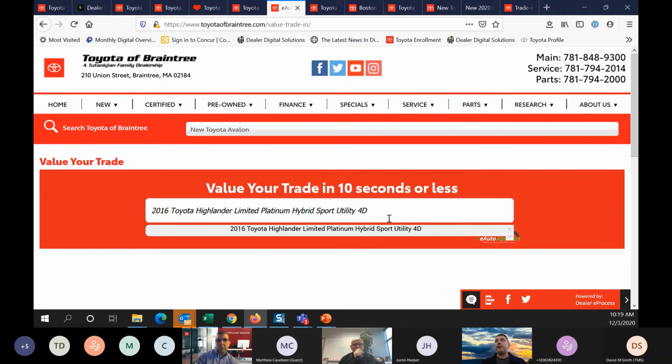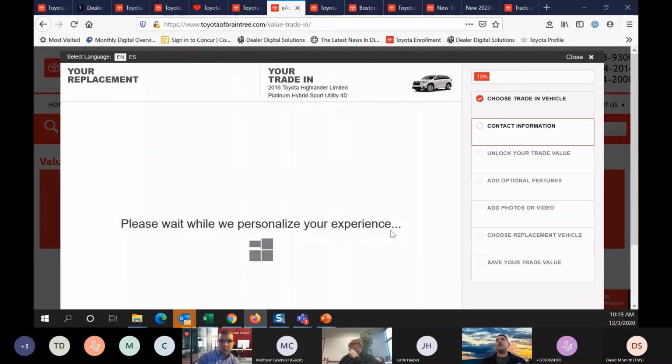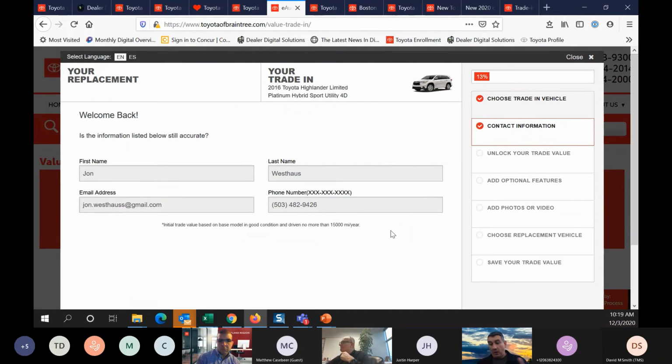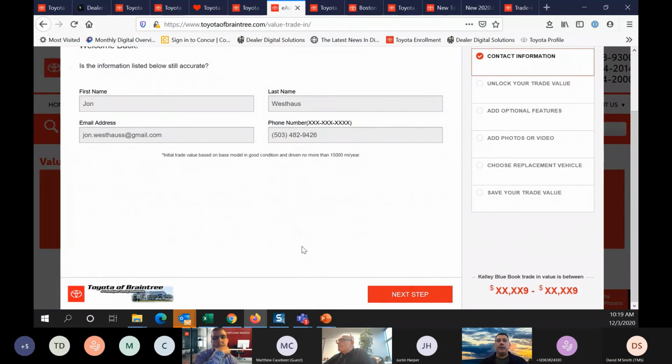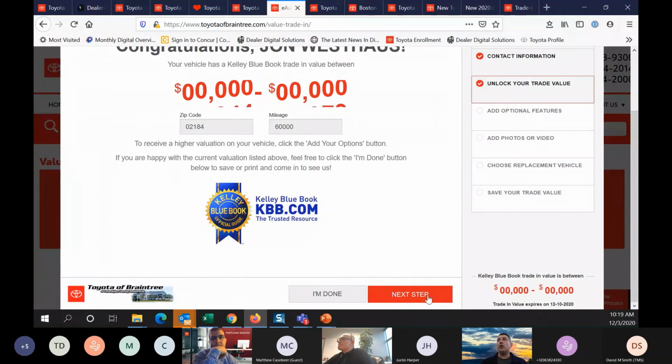So I'm going to enter my Highlander again. We'll get rolling on that. And we can see that this experience is already very different from what we saw from trade pending, where I have a lot more activities going on here. I'm going to go ahead and put my mystery shopper in. We're going to go to the next step, and then I unlock